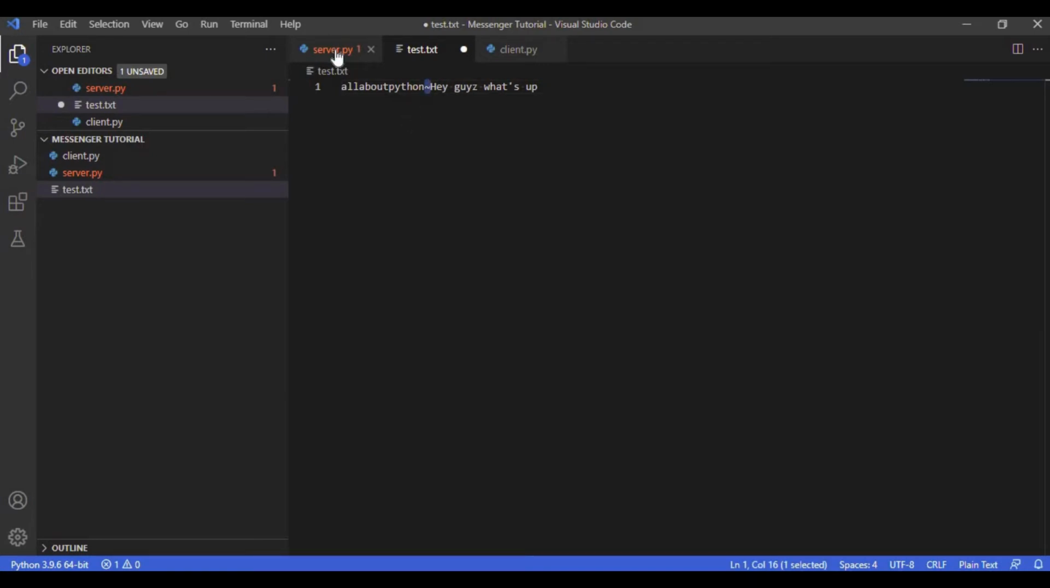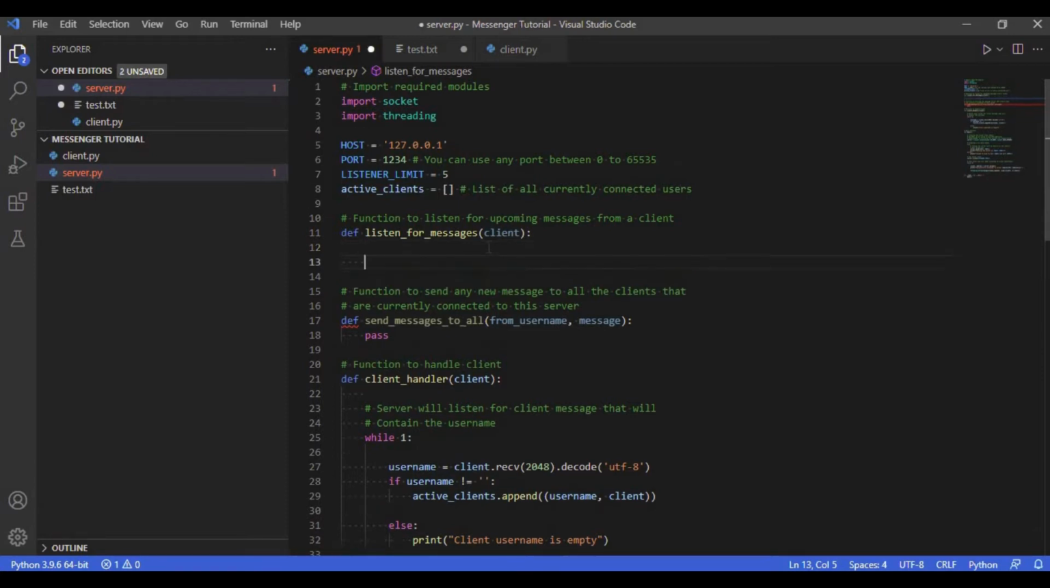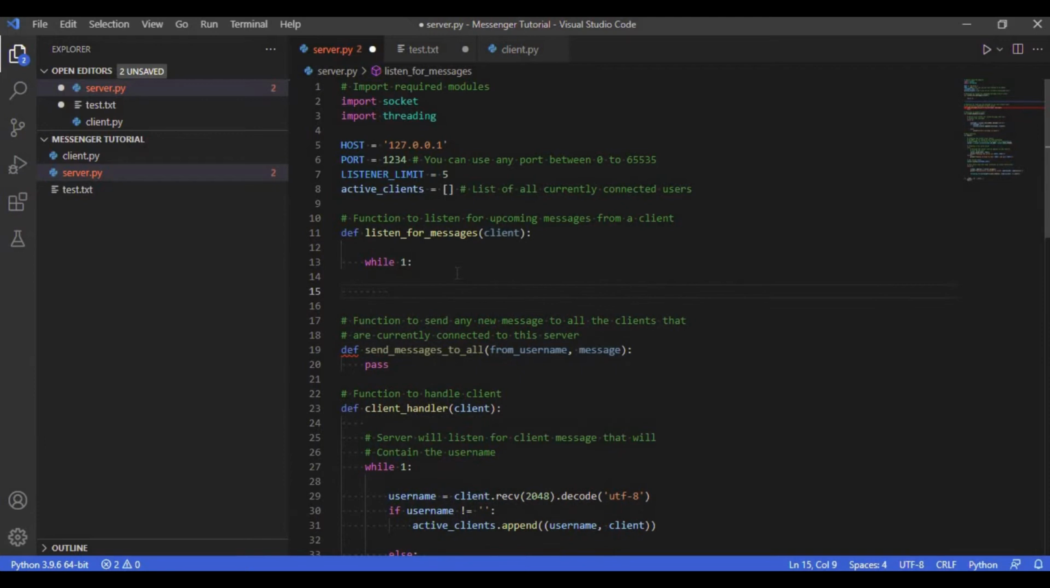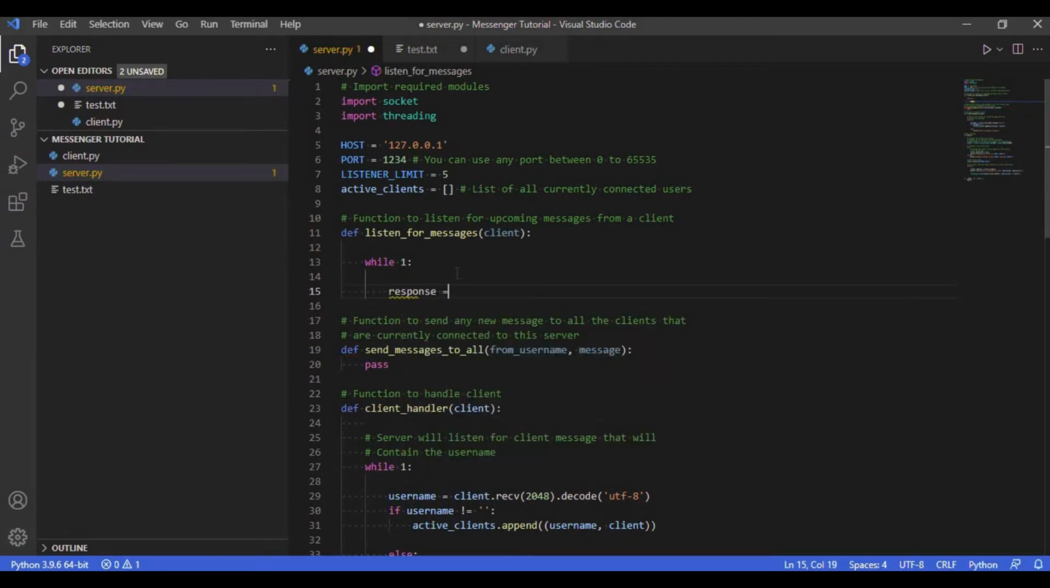And so now that you know how our messages are going to be sent, we can easily write the code for it. So again, the first step within this function to listen for messages would be to add a while loop which will keep on running and listening for messages. So within this we will write response is equal to